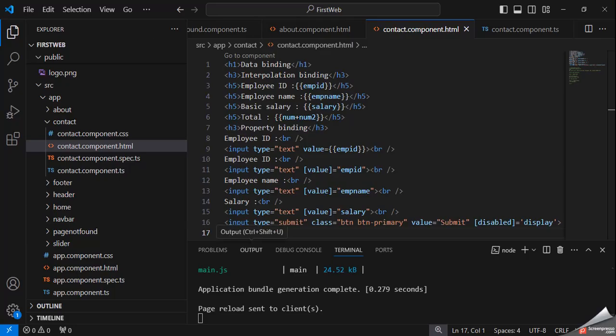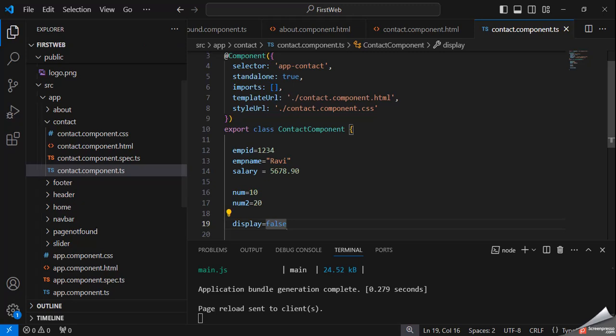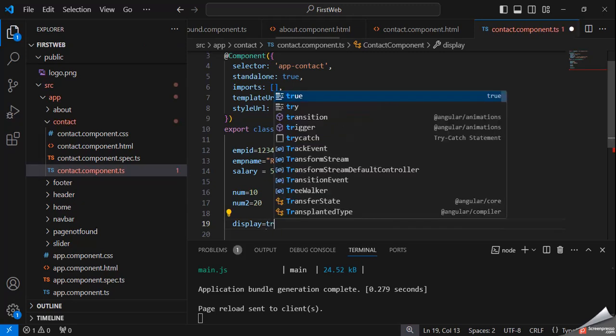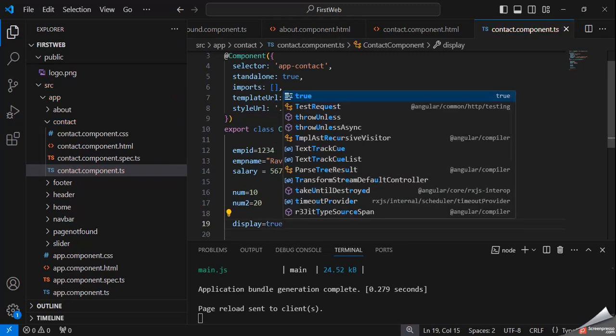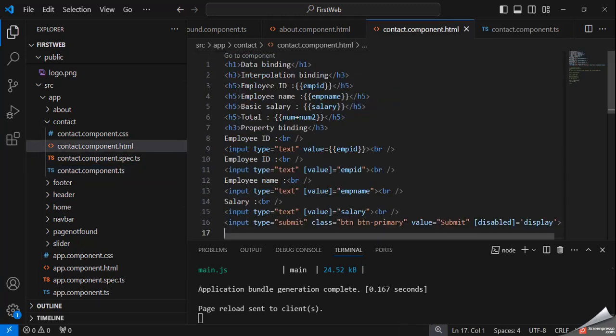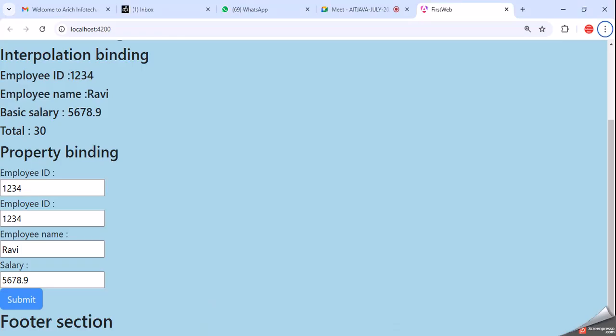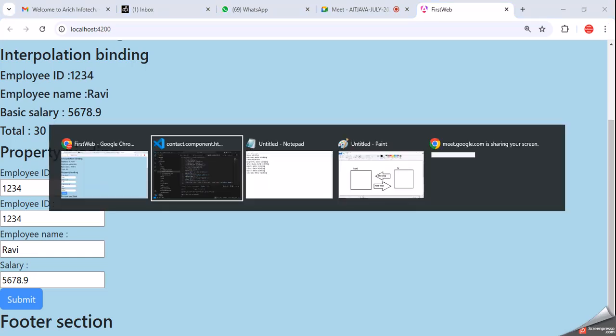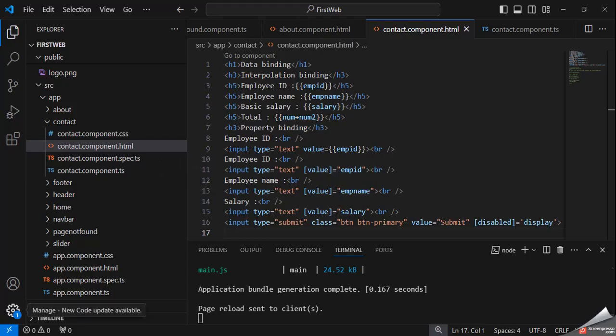And if we declare true, then disabled is equal to true, so it will be disabled on screen. So we can handle this enable and disable from the TS file.